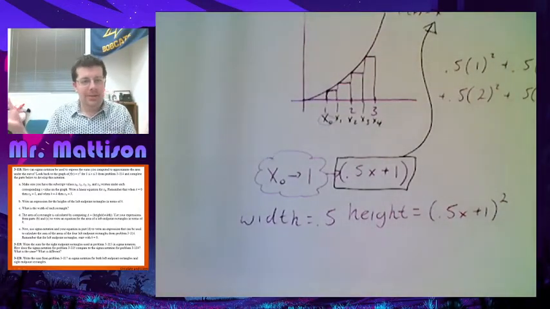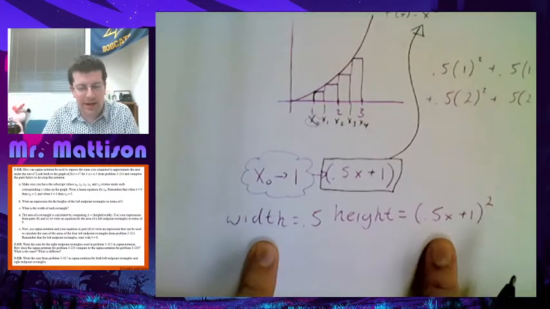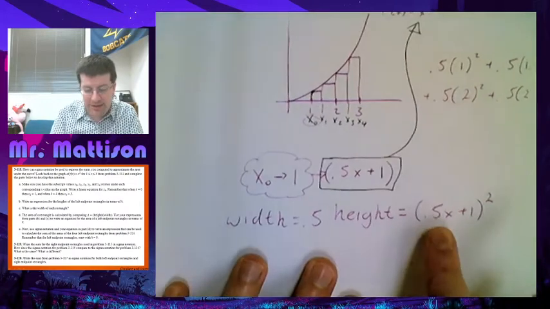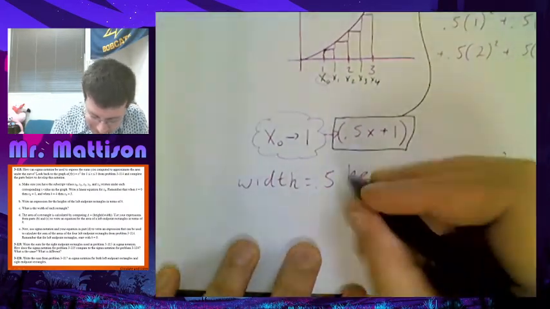So how I find my area is my width times my height. And I do that for each one of these. But I can now count by these, right? So I want to do a summation